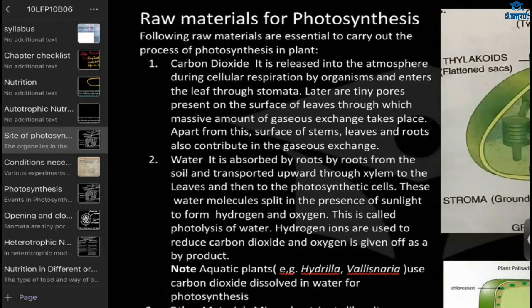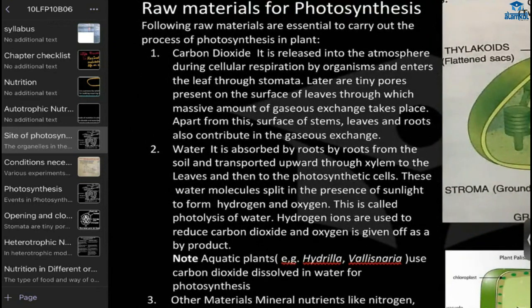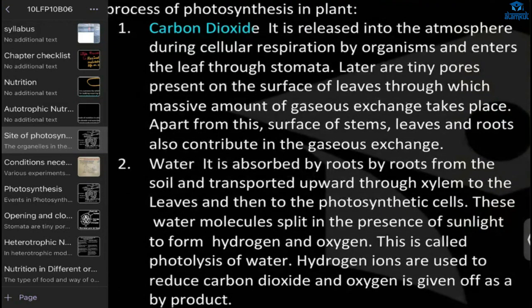Understood? So the raw materials required for photosynthesis, how do the plants get them? The carbon dioxide, how do they get it? Do we have to go into such depth, like how and from where they get it? Just one point, I'm not going to go into depth because today is introductory. So carbon dioxide, how do they get it? By gaseous exchange, from the surface of the stem, leaf, roots, all that.